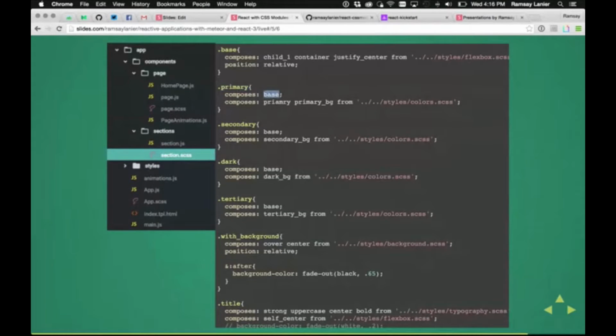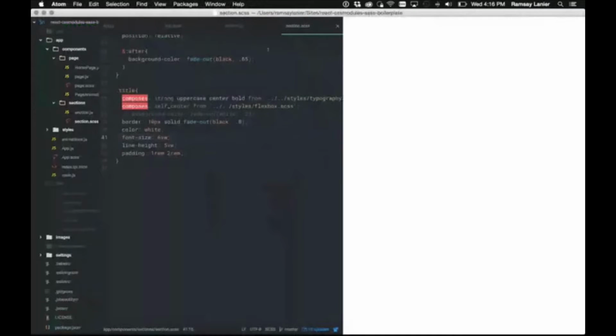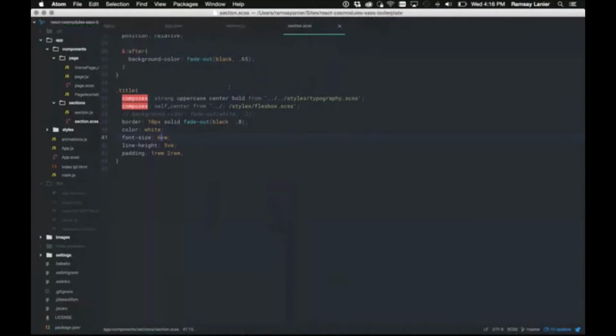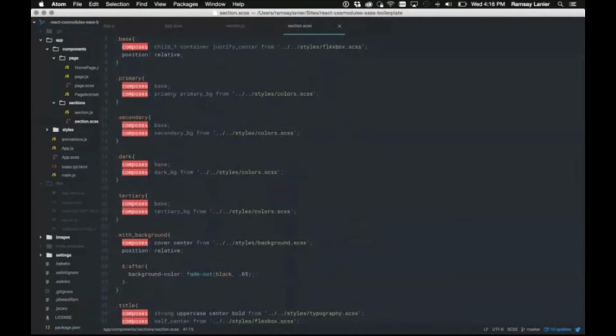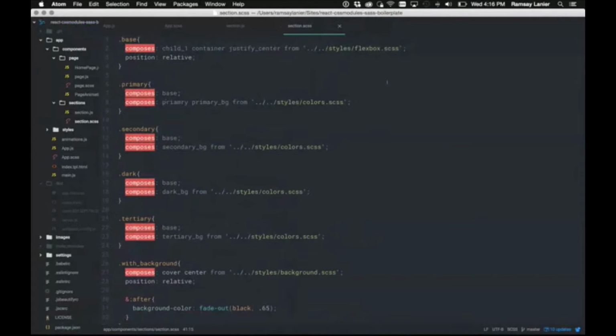It composes base, and then it composes these two classes from a separate file, colors.sass file, which I'll just jump right into. It's probably easier if I open this up. So I'll bump this up a little bit. But notice that it's importing all these classes from these different Sass files. So you can get very, like, if you're familiar with atomic CSS, where you have one class